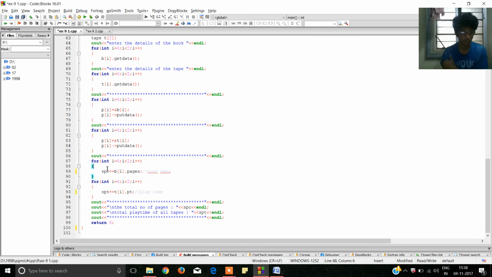Next, for int i equal to 0 and i less than 2, i increments, spc plus equal to b of i dot pages. This is so that the number of pages can be counted. Similarly, in the next step, spt plus equal to t of i dot pt. This is to show the play time. The output for this program is